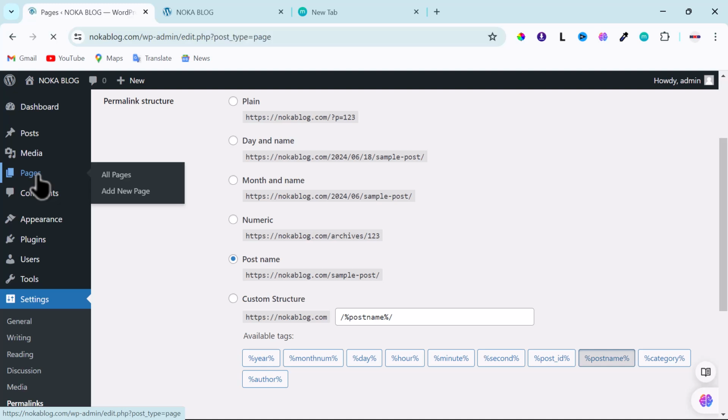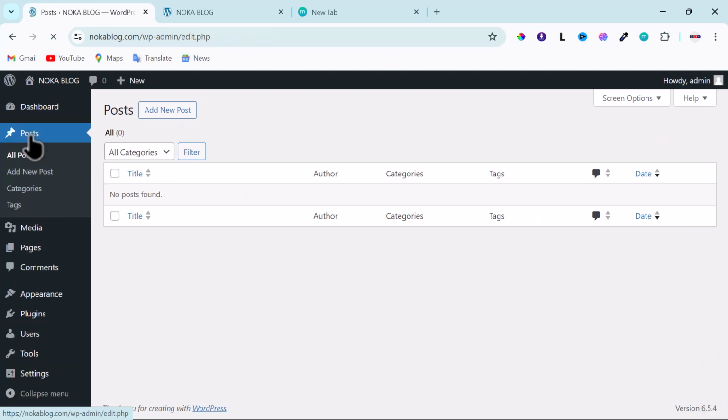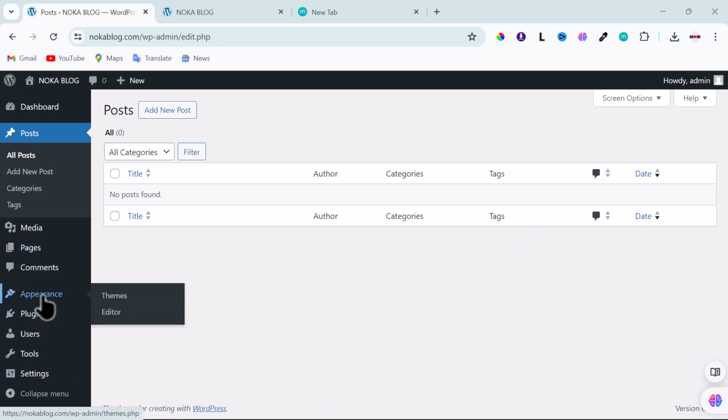Let me check the pages. I said I will leave this one. The posts, okay, we've cleaned that one. And now let's install our themes and then plugins. So we go to Appearance. Now let's install our theme first. So click on Themes,